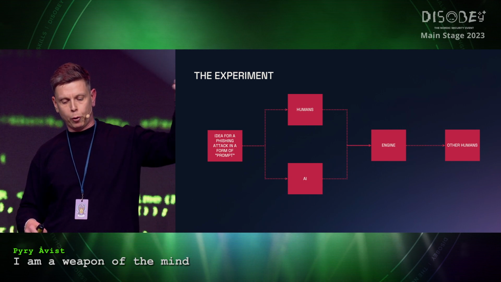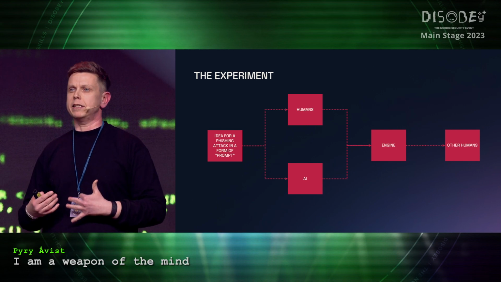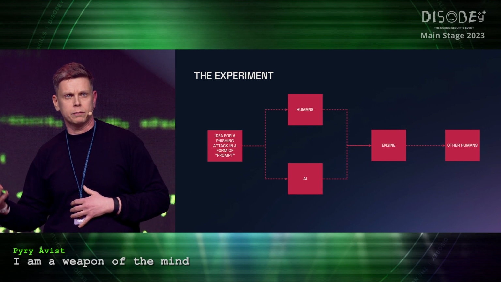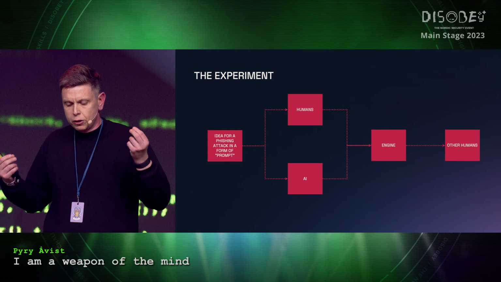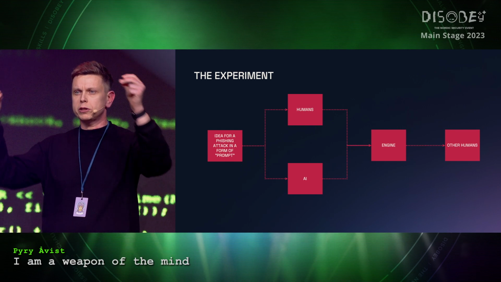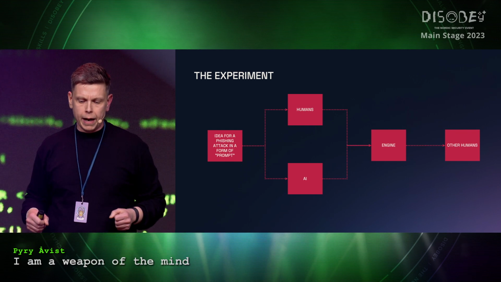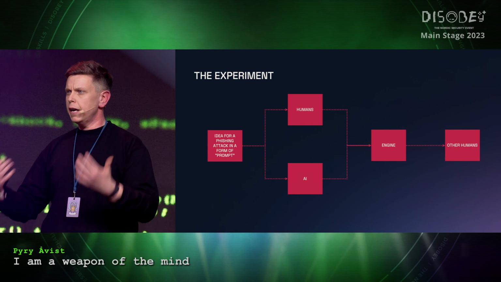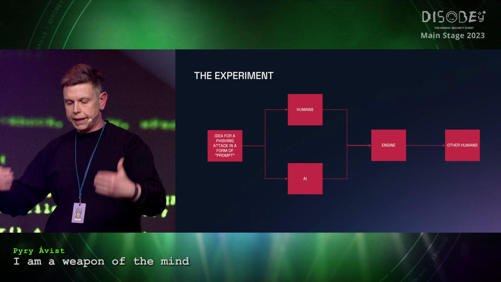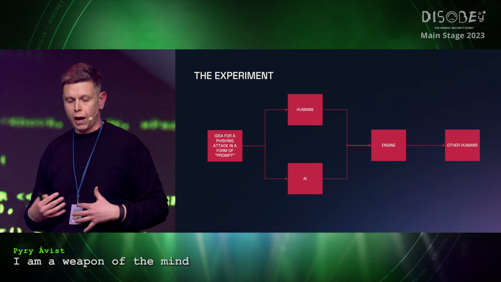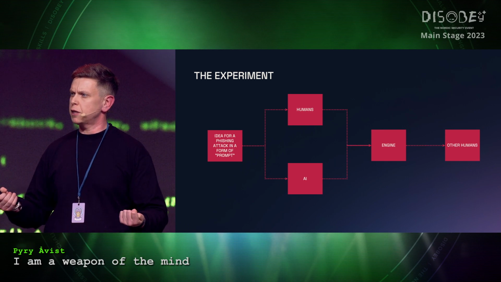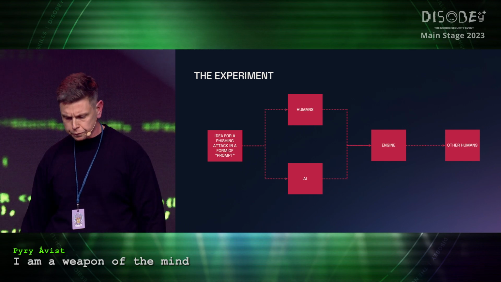And then we took the same prompt and fed this into an AI and asked the AI to create an attack as well. And then we took these two attacks, put them into our engine, and it started phishing our end users, and we could start getting data out of how well the human team, with several years of experience, performs against the AI.